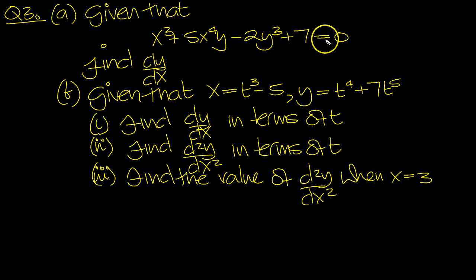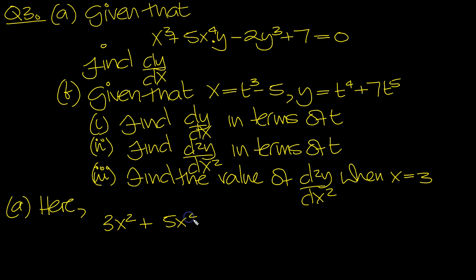Let's have a look at it. So it's an implicit function, so let's go along and differentiate it. So part A, here we're differentiating with respect to x. So this is the power rule, 3x to the 1 less, which is 2, plus, this is a product, so it's u, dv/dx, so that's dy/dx, plus v, which is y, times du/dx. Differentiate this, the 4 comes down to be with the 5 to make 20, x to the 1 less, which is cubed, so there's the product, minus,